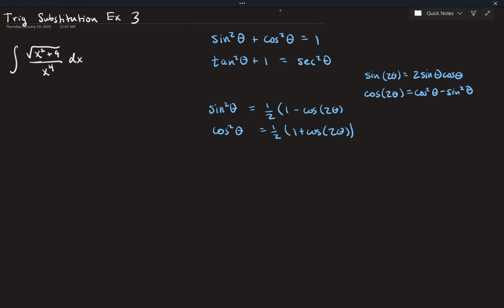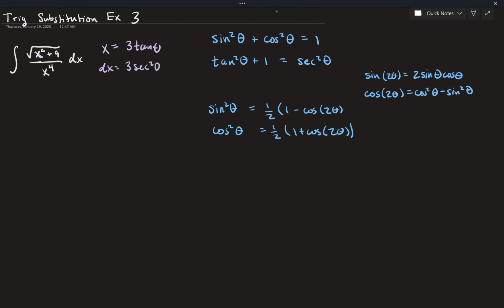However, if instead of x here, I had not tangent theta, but 3 tangent theta, then notice that x squared becomes 9 tan squared, and then when I add the 9, I can factor it out, and it ends up working out. So that's the substitution I'm going to use. So let's actually do it. Then dx, I'm going to do that substitution,